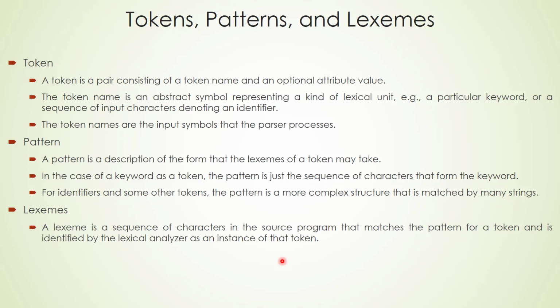So you just consider the rule. Identifiers are something which are not keywords. It always starts with alphabet or underscore. Numbers may be followed after the alphabets. So this is a set of rules. If a group of characters in a program follows this rule, we can say it is a valid lexeme, and for each valid lexeme we are generating some tokens.